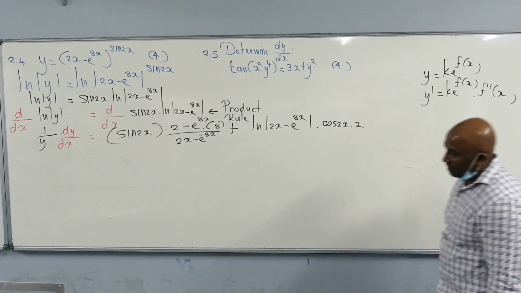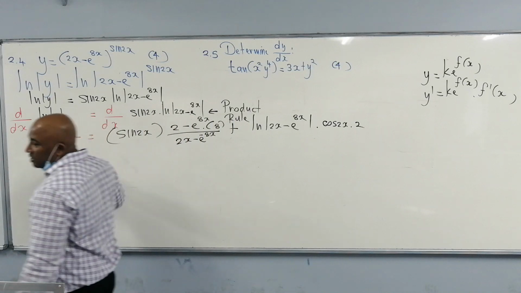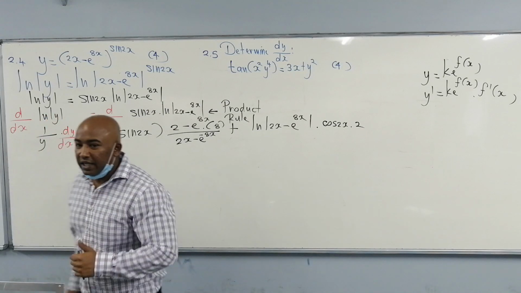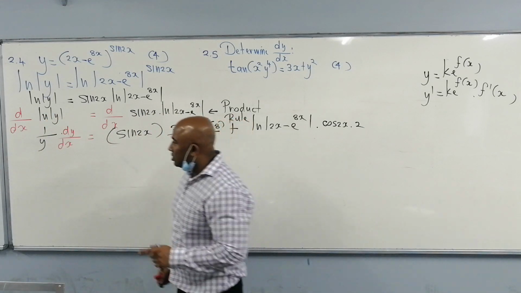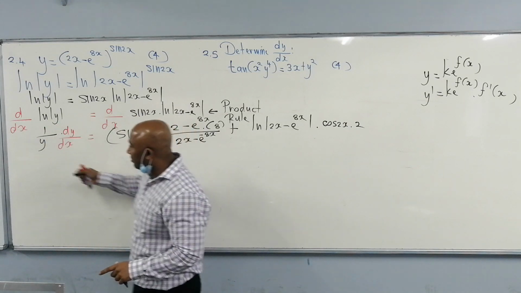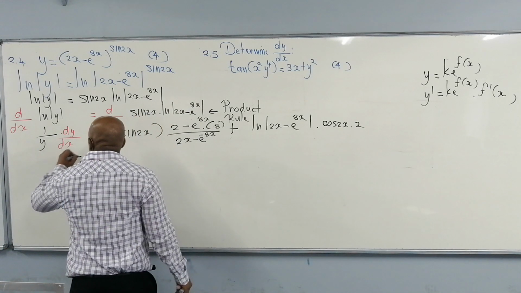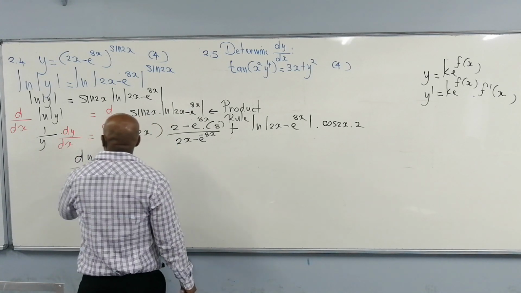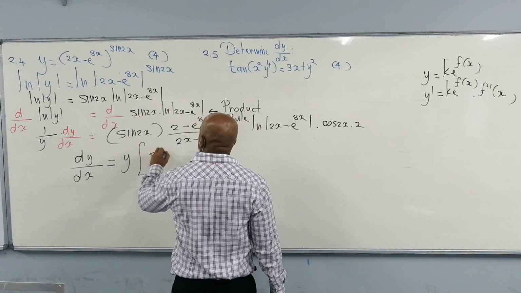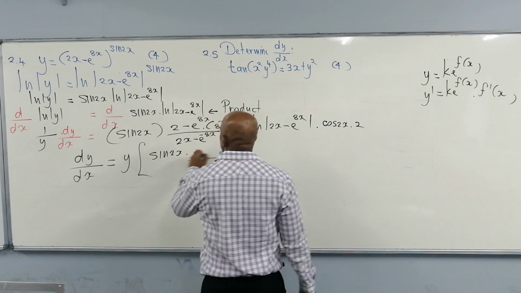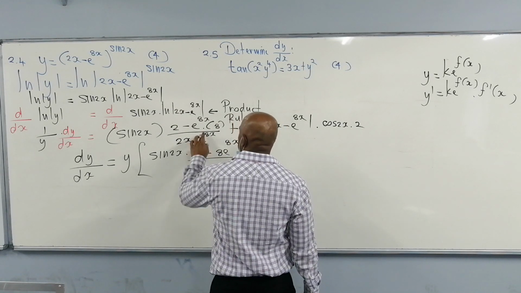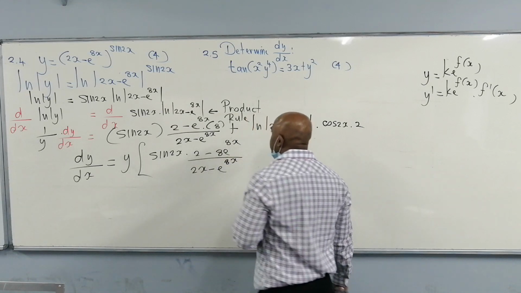What else do we need to do? Right, so now, it's not the final answer because dy over dx is not yet the subject. We need to make dy over dx the subject of the formula. So all you're going to do is multiply by y over 1 on the left hand side and on the right hand side, obviously. The y's will cancel. So dy over dx is equal to y multiplied by everything that you see here, which is sine 2x times 2 minus 8 e to the power 8x all over 2x minus e to the power 8x,